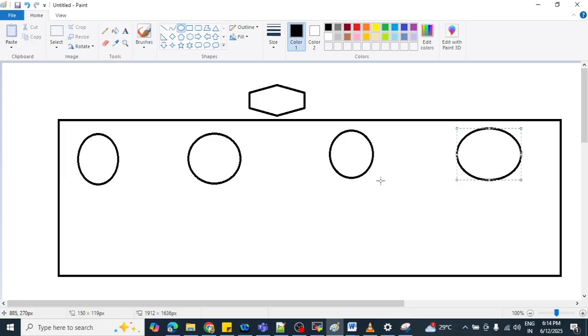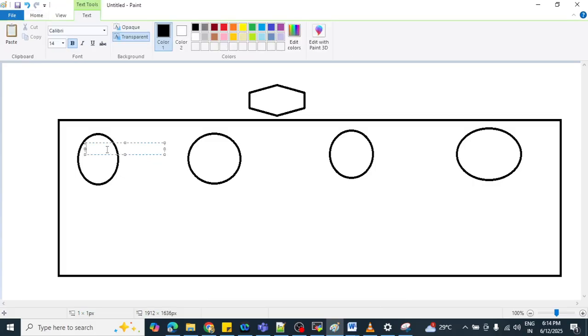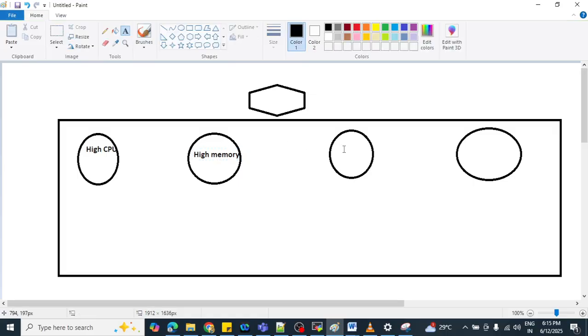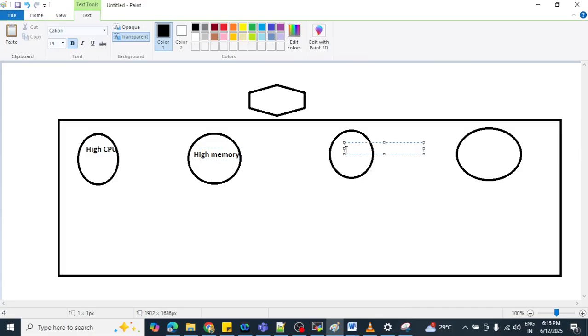In those nodes, suppose this one has high CPU utilization, and here high memory utilization is there. This node's disk type is SSD, and this node's disk type is HDD.